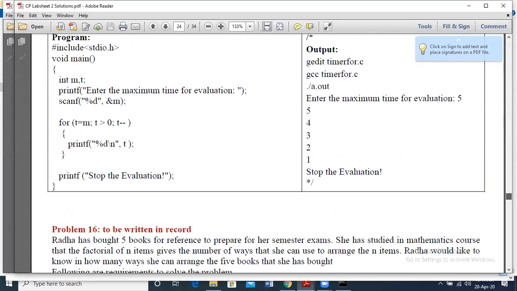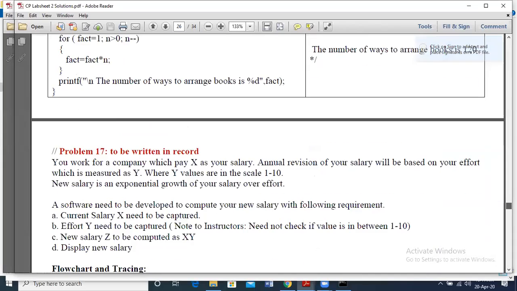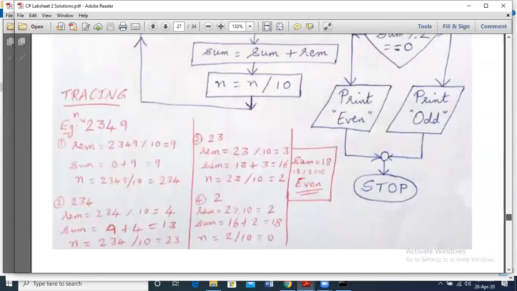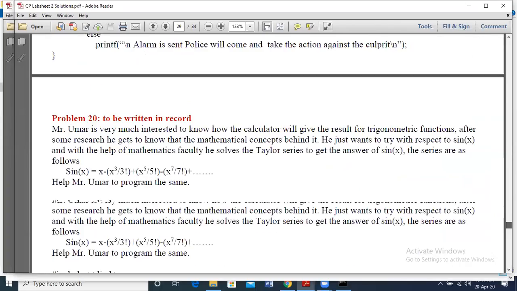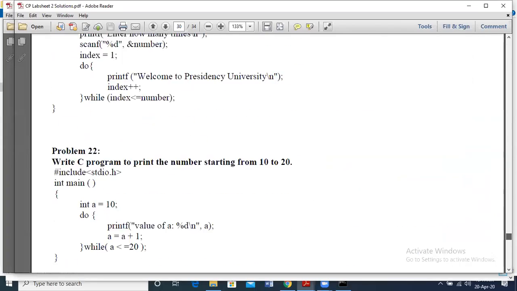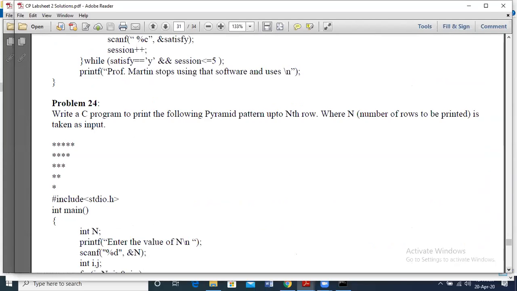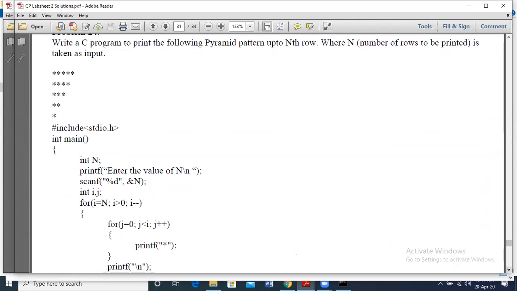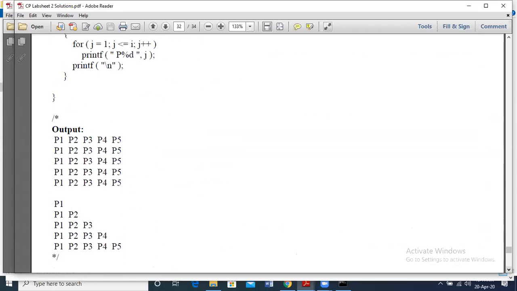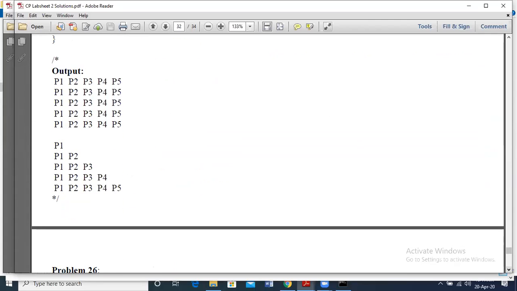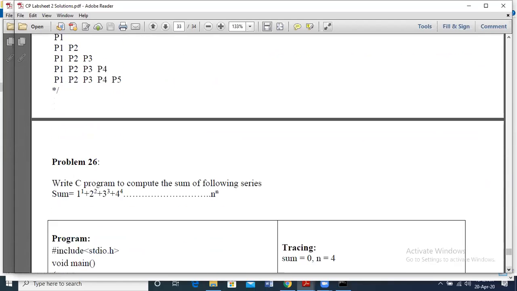These are the problems based on looping which we have discussed, right? The patterns, we just discussed problems 24 and 25. I hope that is clear. So we will start with the 26th problem now.